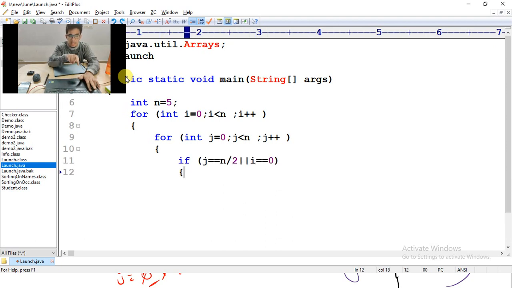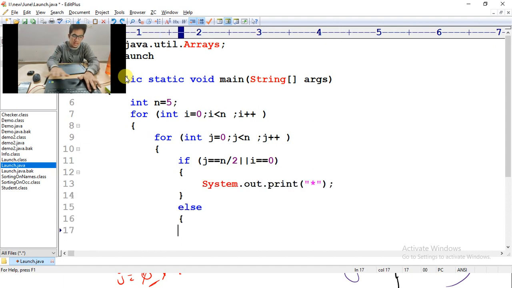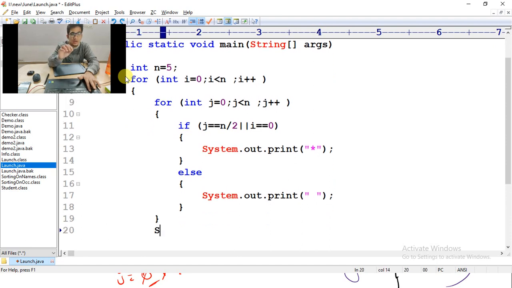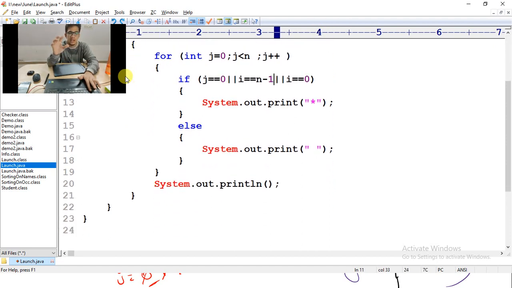After writing that, they'll directly write the condition. They'll start writing the condition, and if the condition is true, else they'll tell space. Yes, this is the normal thing which most of them will write. What I'm telling you is, don't write in that manner. You have to do unit testing, which means you have to test the code small by small. You have to get the output, then you have to change the condition.